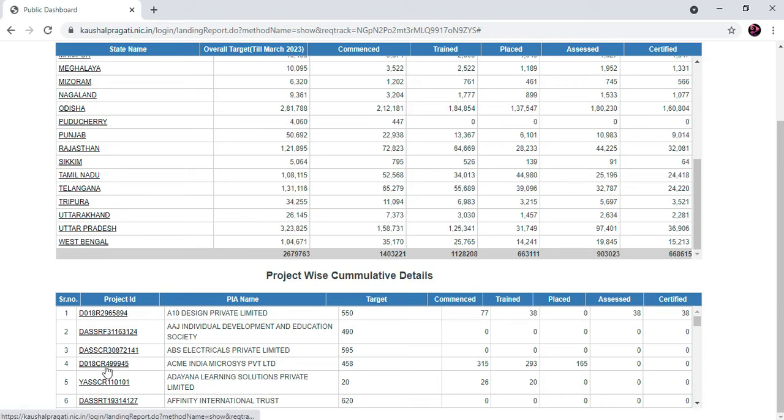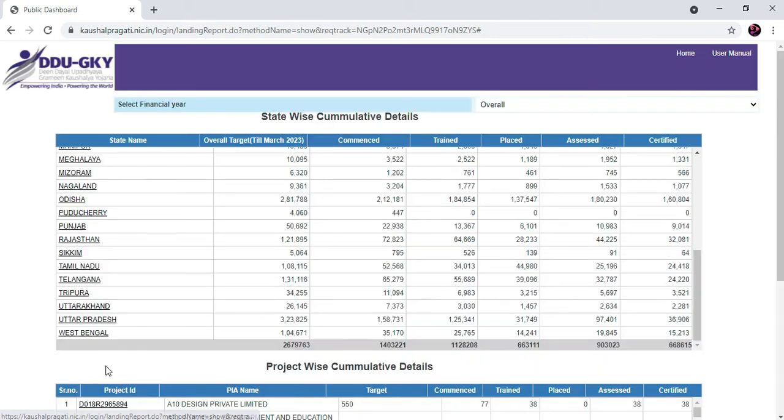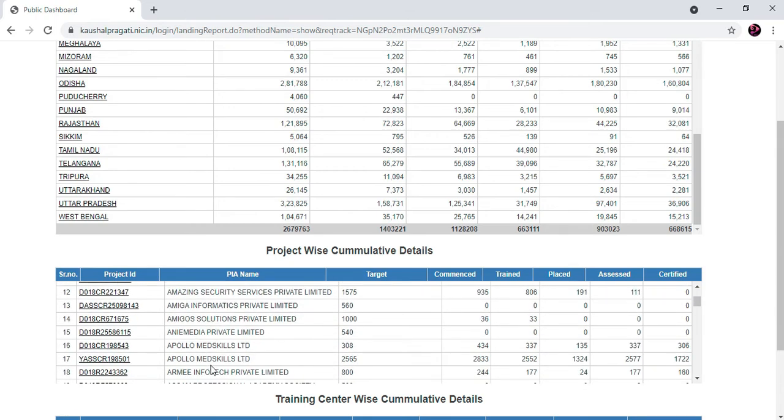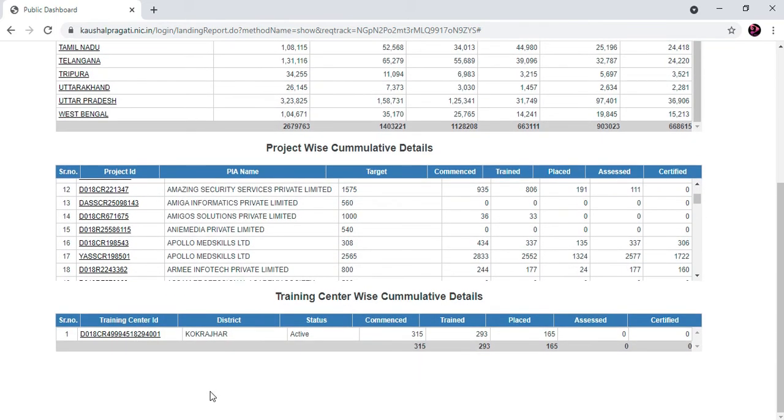If you click that project ID, you will be taken to a page just below with your center ID, the district of your PIA center, and other information like this.